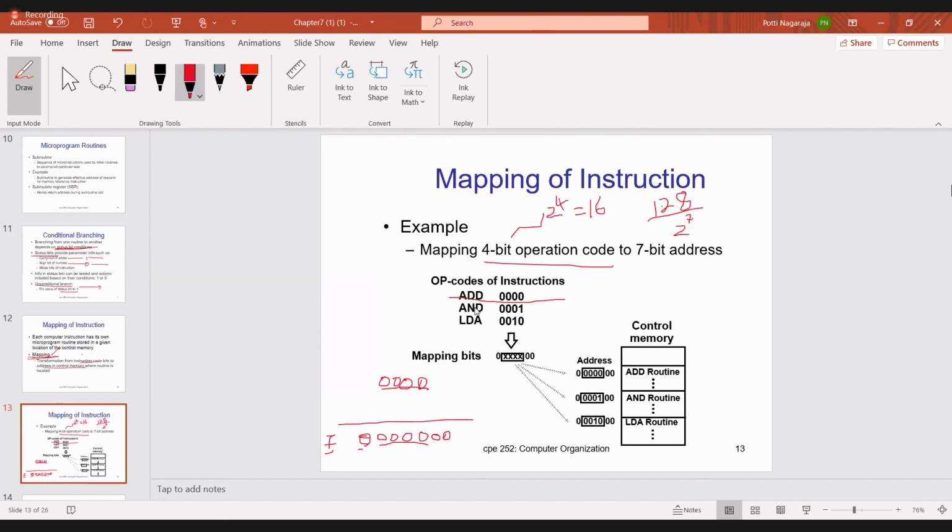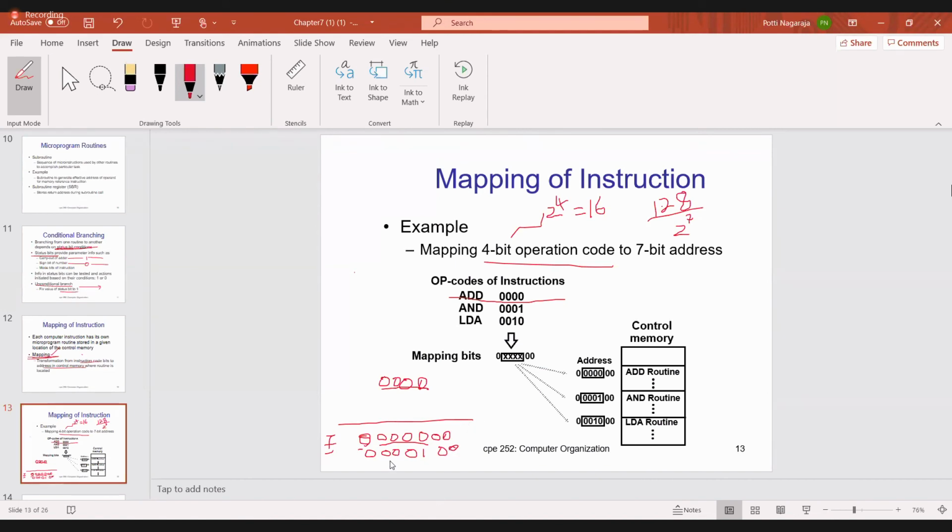And for each instruction we require at least 3 to 4 memory locations. So to do that, what do I have to do? Next, the opcode has to be incremented by 1. 0 0 0 0 is nothing but 1 0 0 0. Is it okay?